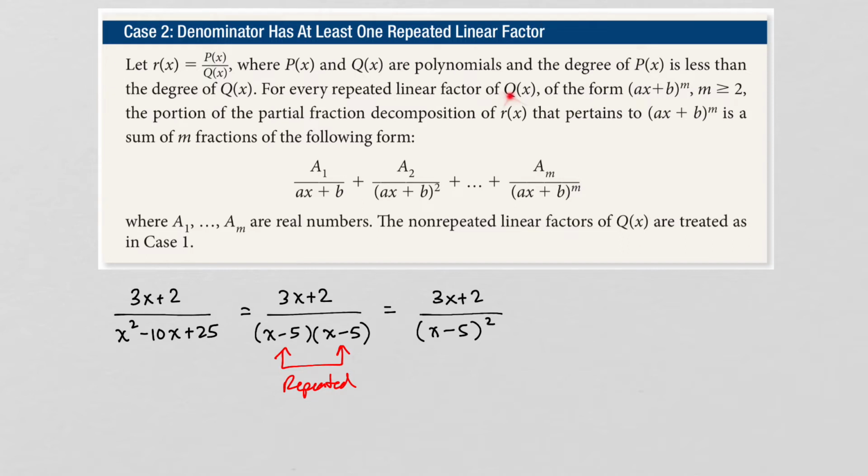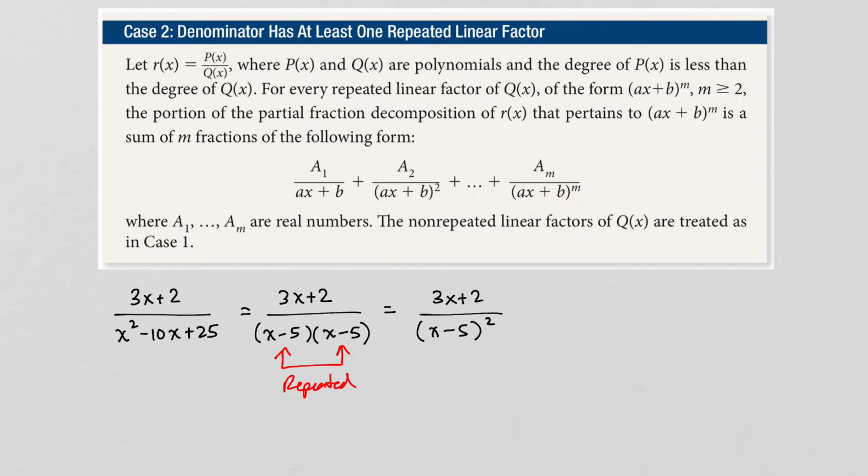Up here it says that q of x, the denominator, has the form ax plus b to the m power, where m is some number bigger than or equal to 2. So that just means that you have that factor and it's repeated this many times. So how do you set that up? Well, the